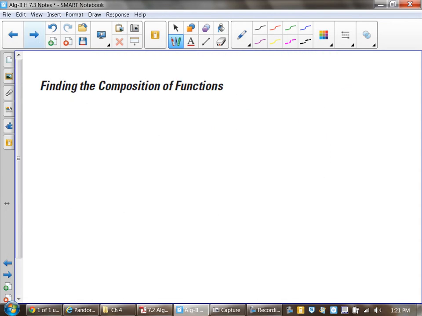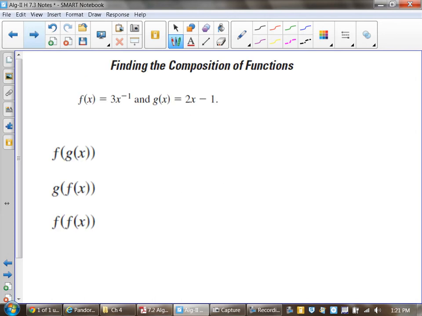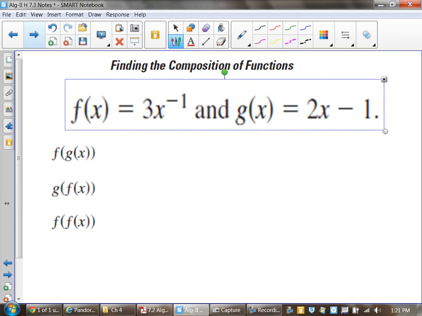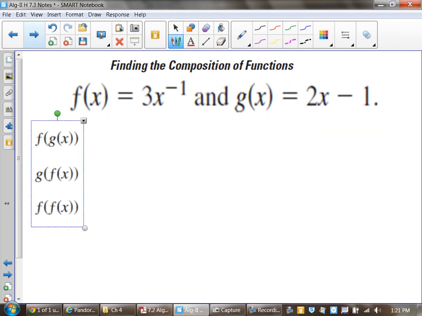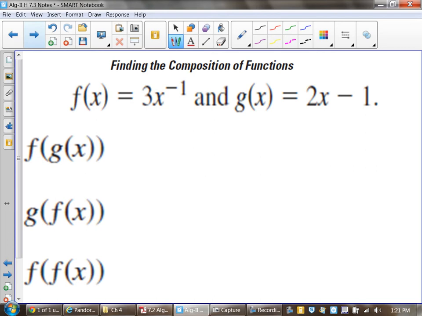Especially when you're dealing with the composition. This is your f of g of x, the first example that I showed you. What happens here, we'll walk through all 3 of those slides. When I want to find the composite of these guys, I'm given 2 equations: f of x is 3x to the negative 1, and g of x is 2x minus 1. It's not very happy over there, is it? So remember, when you're doing composite stuff,